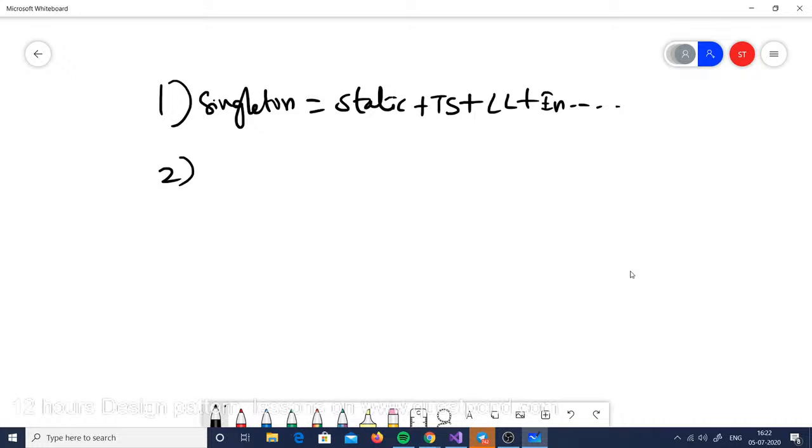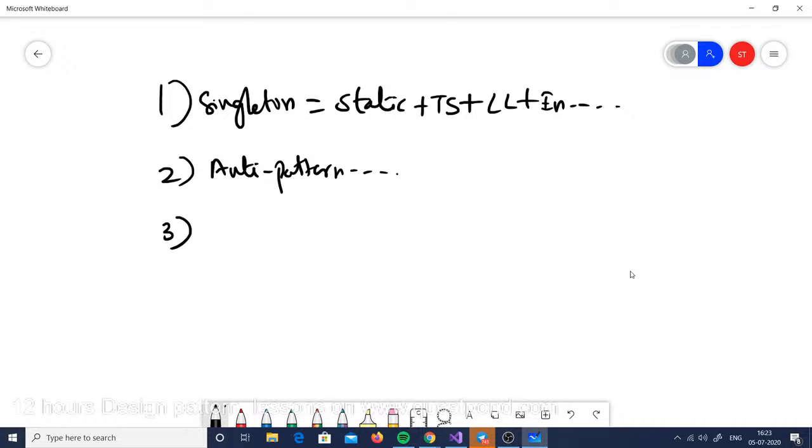Second, most important, again, which I've said, it is an anti-pattern, meaning people use it unnecessarily, where it is not needed, it is still used, right? So you should really think about the scenario where you should use it and where you should not use it. The third thing is,